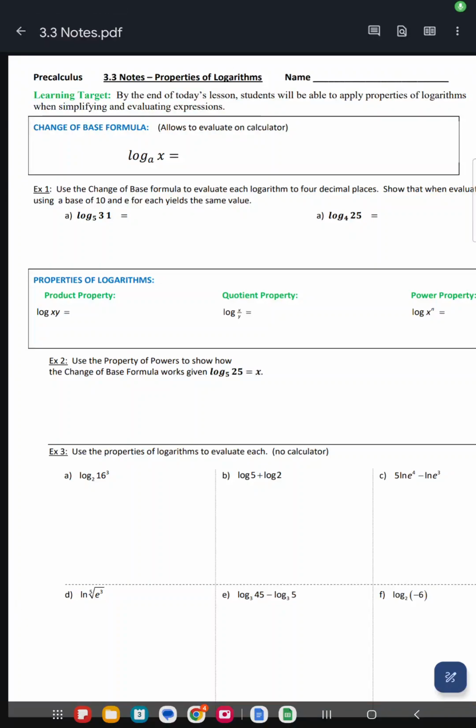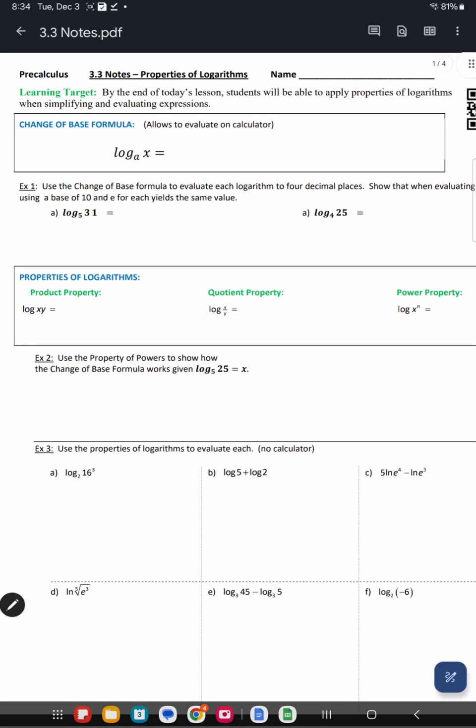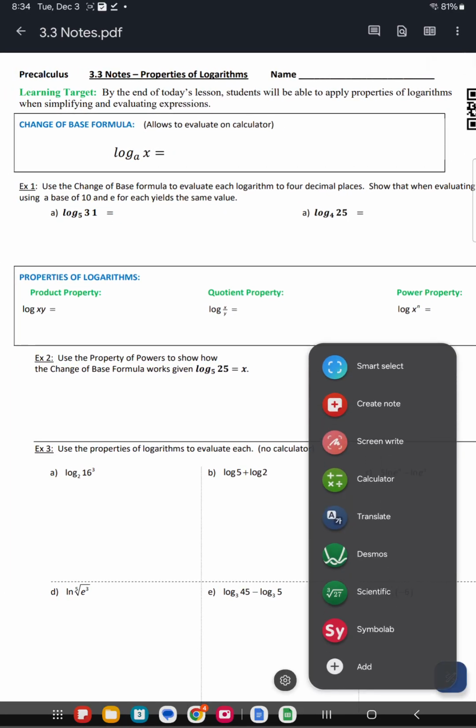All right, so today we're going to talk about properties of logarithms. So one thing we're going to talk about is what we call the change of base formula, and this is going to allow us to use our calculator. So for example, if you look at example 1 down here, you'll notice that